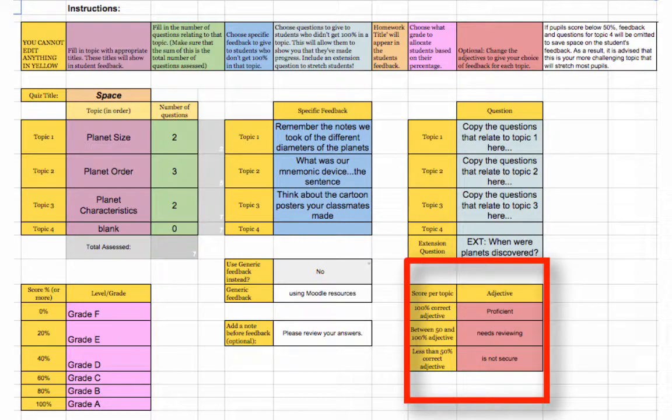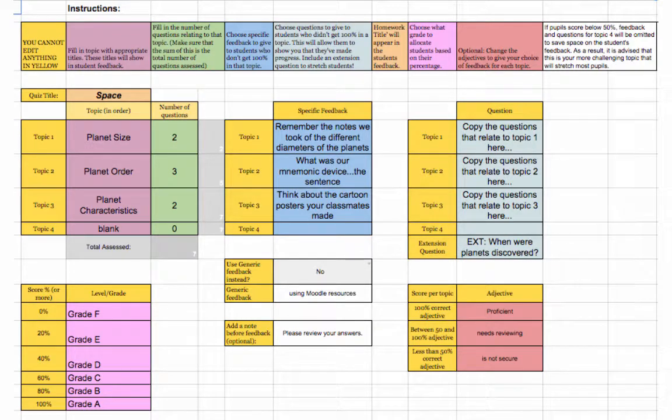At the very bottom, that also links back to your standards-based grading, and you can change any of the wording that is not in yellow to fit whatever you're doing. So it's set up to be proficient, needs reviewing, and is not secure. But if you're working on a mastery scale, maybe 100% is going to be mastery, while the next part is proficient, and then not secure would maybe be not proficient. All of those things you can tweak to customize to make those very personalized emails and documents that really is